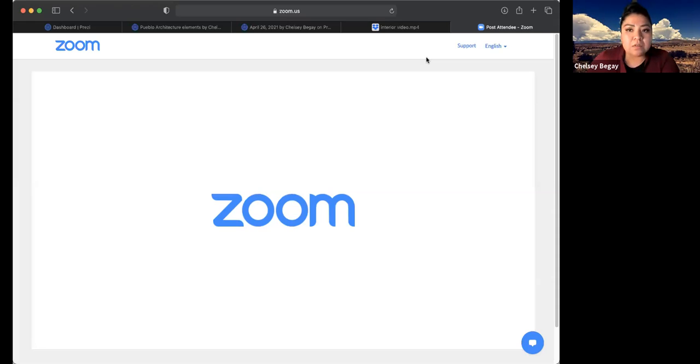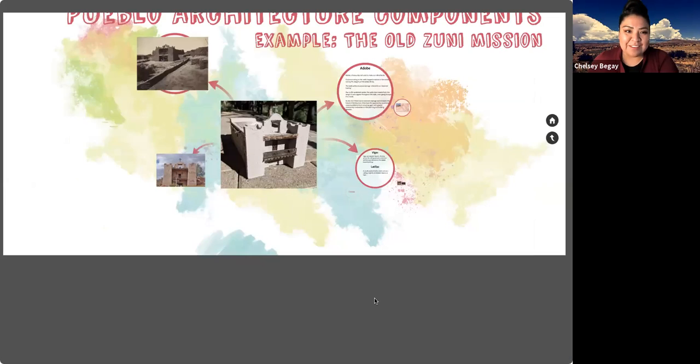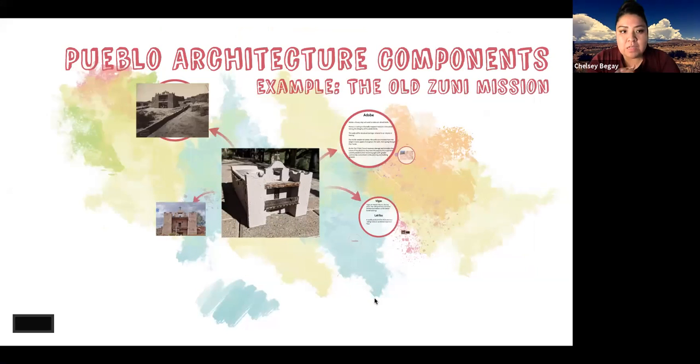So can everybody see that? Yeah, okay. So like I said, this project is centered around Pueblo architecture.